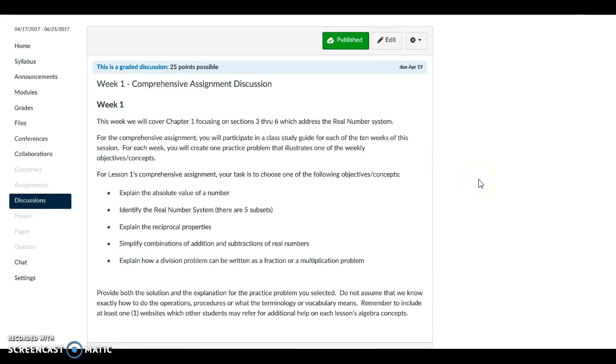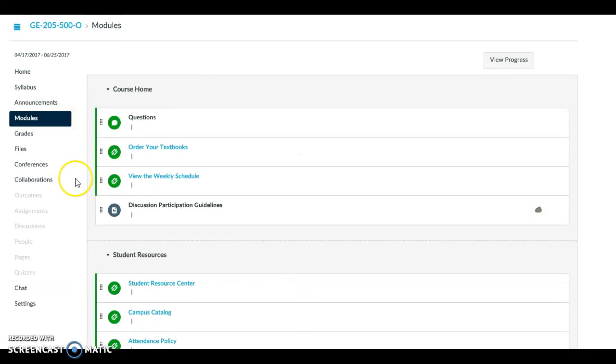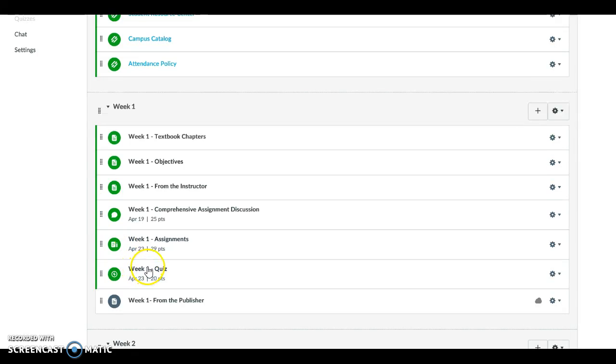So each week you'll have a discussion, and you must post 3. Each week you'll have an assignment, and then each week you will also have a quiz. So when you take your weekly quiz, and let me just pull up one of those, and let me just go to your modules again, because that's where you'll be looking at things from. If you go to your module and you go to your week 1 quiz,